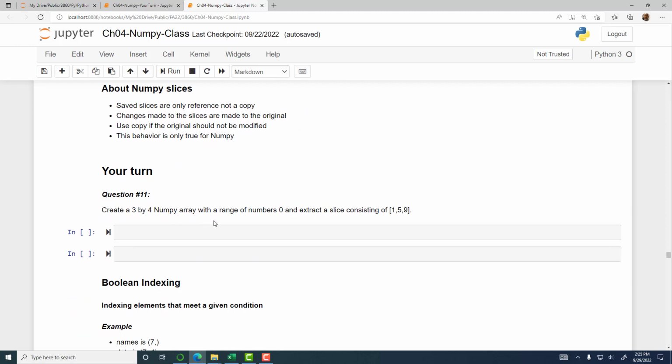Now create a 3 by 4 NumPy array. Oh, this is the one that we did at the end of class last time, which somehow was in number 8. Okay. So 11 is you want to create, so let's say arr_q11, okay, and np.array. Okay, so what do we want this array to be? We want a 3 by 4 array